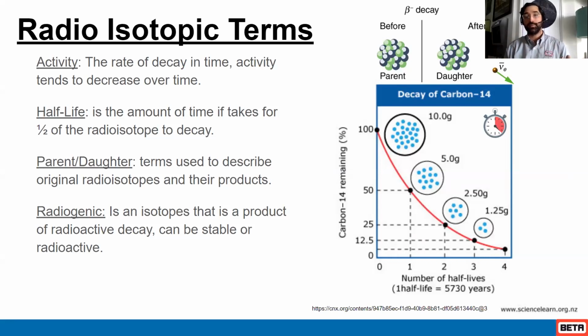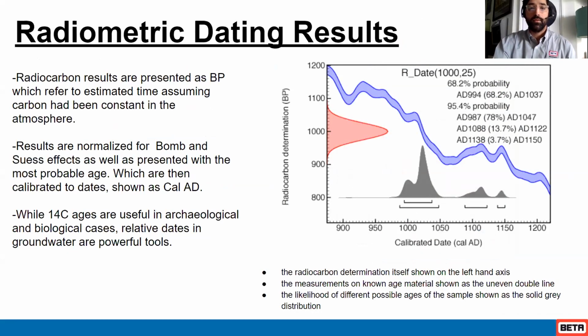And radiogenic isotopes can be stable, or sometimes they can also be different versions of radioisotopes as they decay on. It all depends on the atom that you're looking at. Righty, and so what I wanted to discuss a little bit here, because I think it's pretty interesting, is radiometric